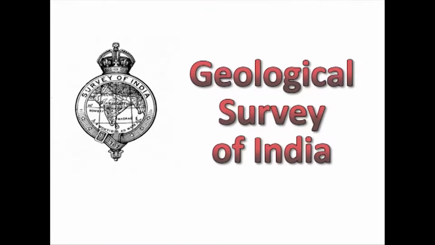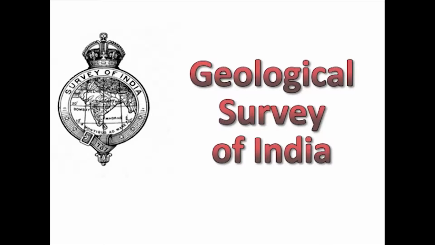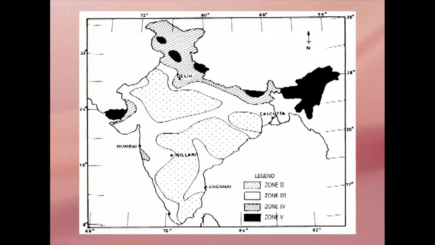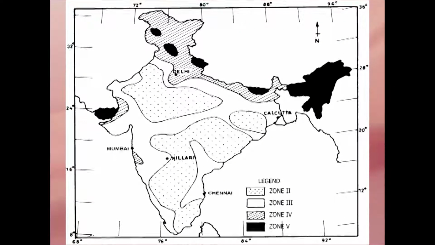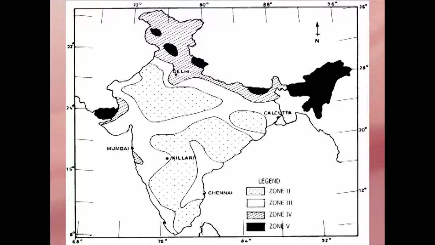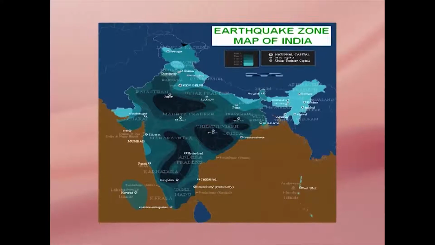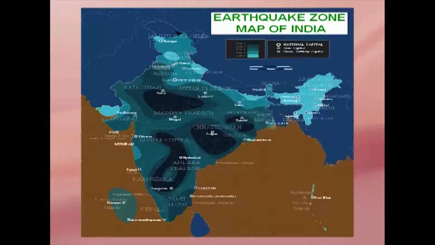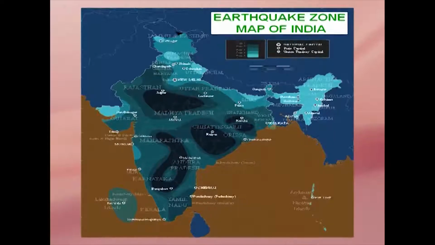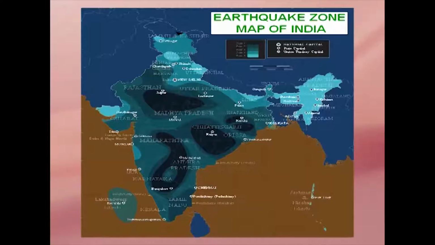The Geological Survey of India (GSI) first published the seismic zoning map of the country in the year 1935. With numerous modifications made afterwards, this map was initially based on the amount of damage suffered by the different regions of India because of earthquakes. The varying geology at different locations in the country implies that the likelihood of damaging earthquakes taking place at different locations is different. Thus, a seismic zone map is required to identify these regions.